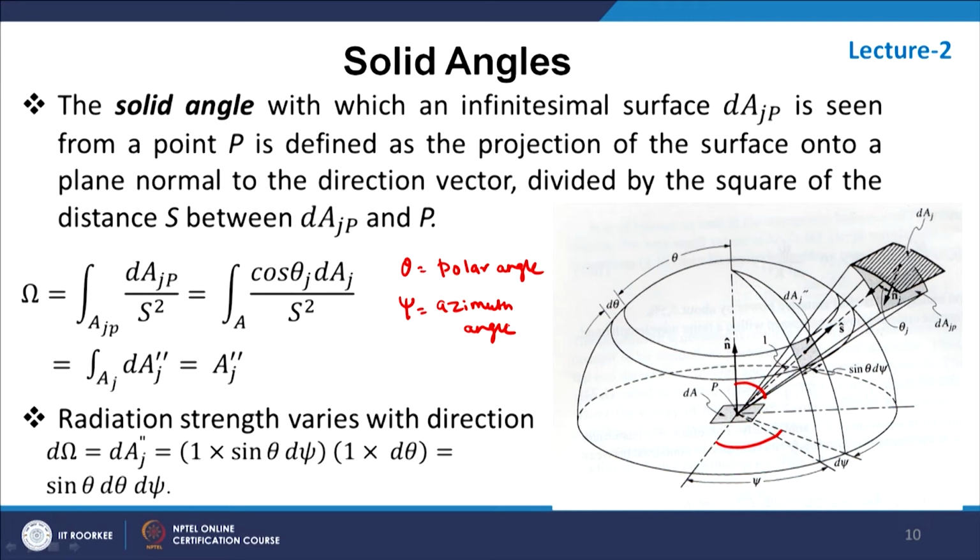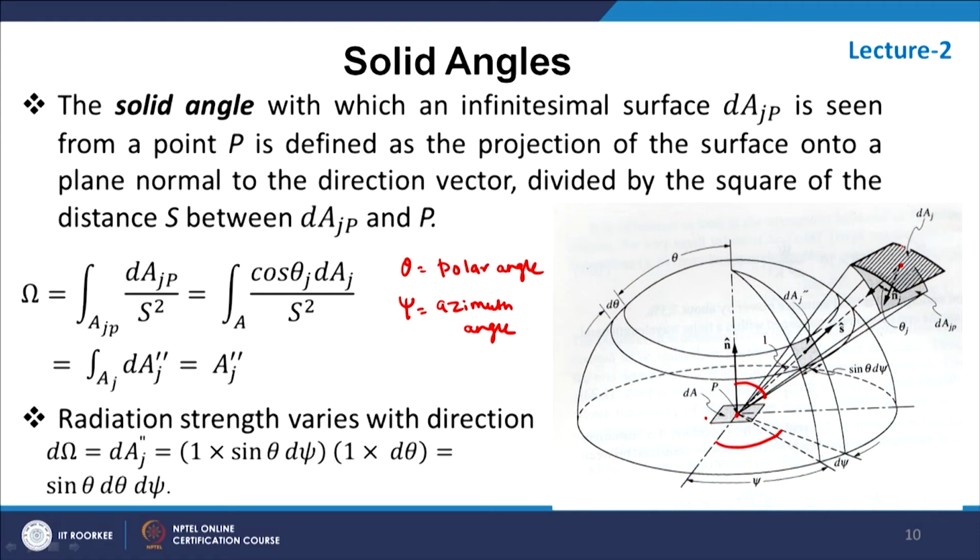Okay. So, we define the solid angle as follows. If we have a plane of area, let us say dA, and we have some energy leaving this plane. So, there is a plane dA and there is a plane in space dAj. Solid angle is basically defined using the projected area of this plane in the direction joining the plane P to the plane dAj. The line joining these is represented by the vector S cap. So, S cap is the direction of this plane dAj.